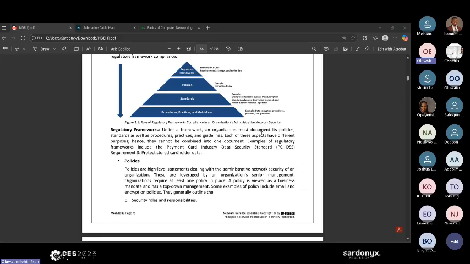Now, of course, law is made by the government, right? So it's the government that makes laws. Now, standards are made by a consensus of different bodies. Example, IEEE, we have the ISO standard. Those are different standards. And we have policies. Policies are majorly made by the executive of a company. So a policy of an organization can be different from another organization.